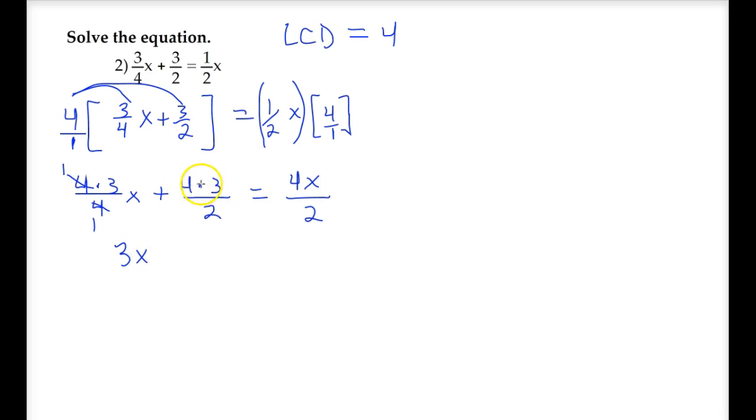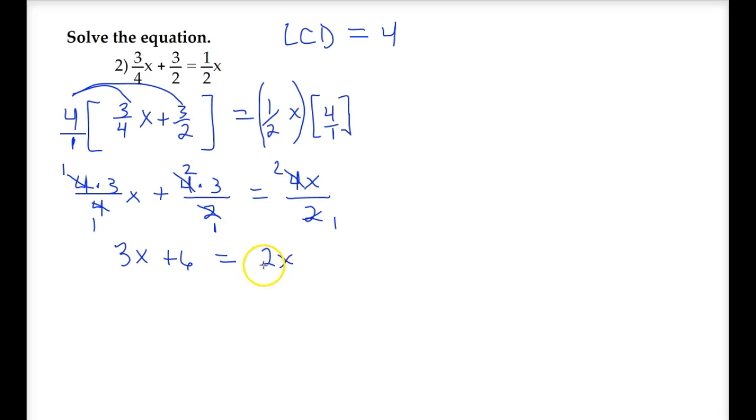Same deal here, 4 times 3 is 12, 12 divided by 2 is 6, or you could just say 4 goes into 4 1 time, and 2 goes into 2 1 time, and you just have 2 times 3, which is 6, 6 divided by 1, which is 6. And then of course here, same deal, 4 divided by 2 is 2. So we just would reduce it like that, and 2 times x divided by 1 is just 2x. So from that point,